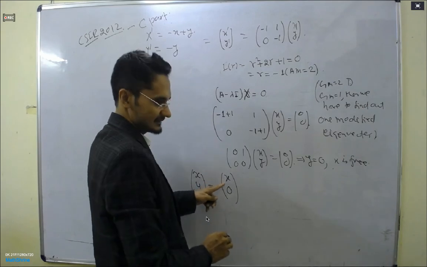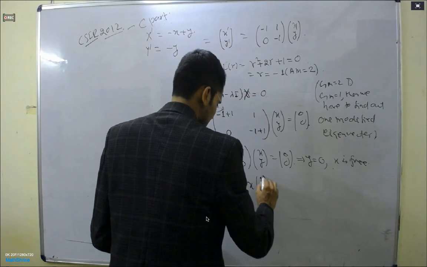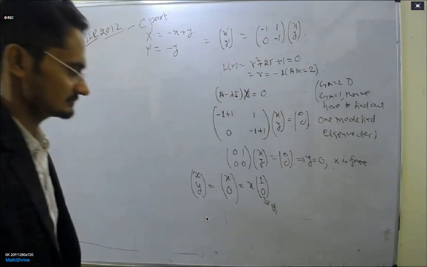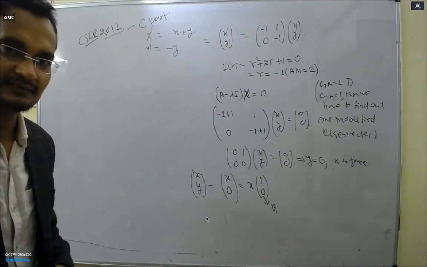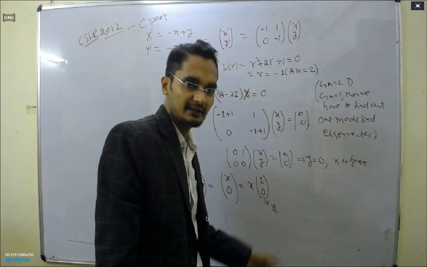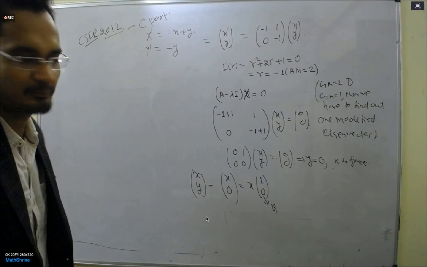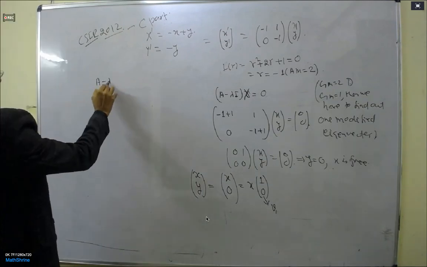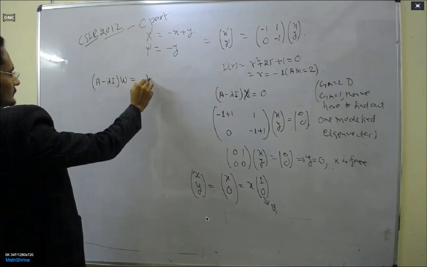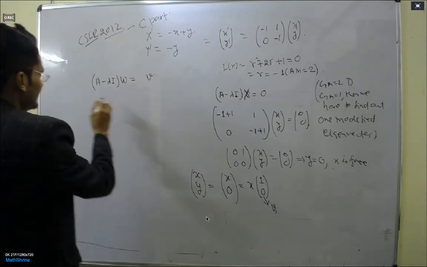So A minus lambda I, if you remember, we have already seen how to find this solution. This is already 0, 1, 0, 0. We have 1 comma 0, 1 comma 0, right? Sorry, W, with components W1, W2, is equal to 1 comma 0. If you multiply here, from here you will not get anything, but from here you will get W2 is equal to 1. From here, W2 will be 1.